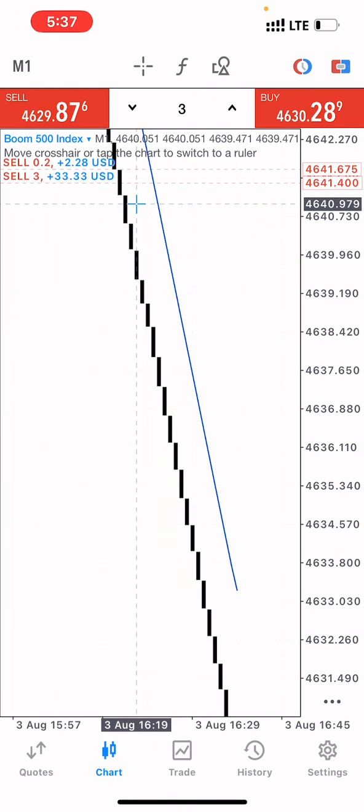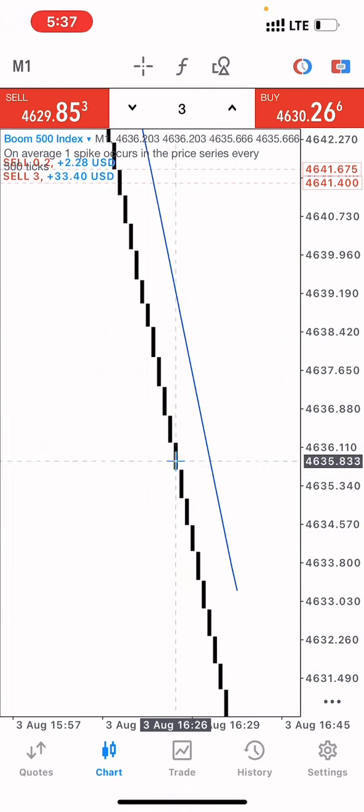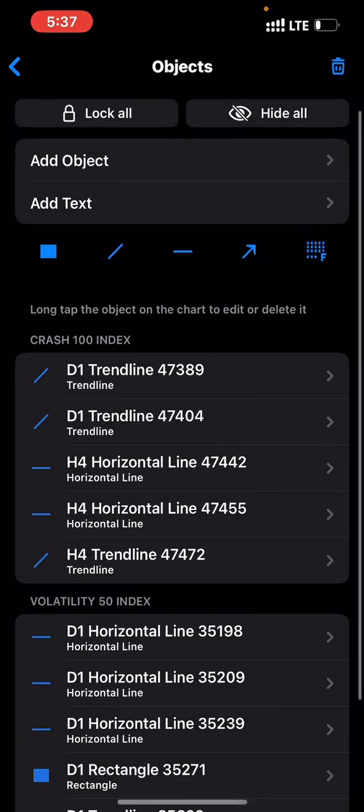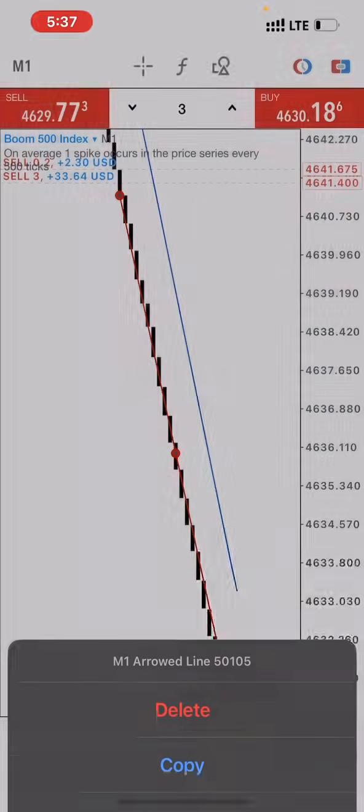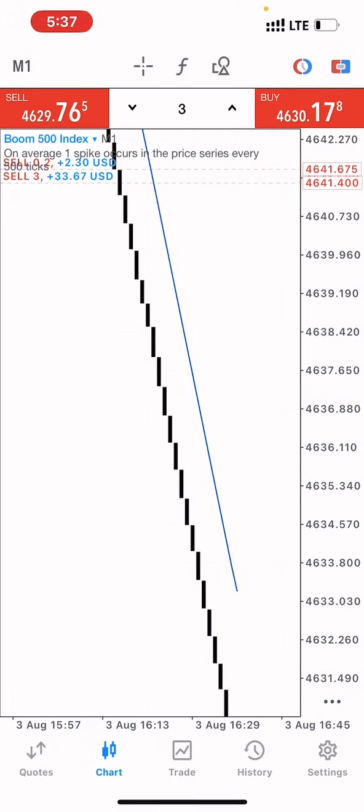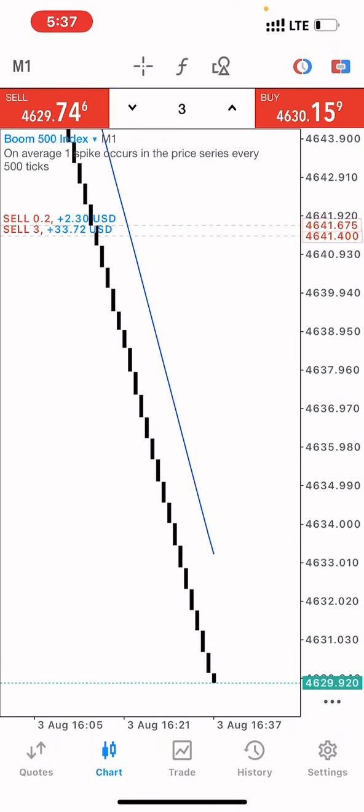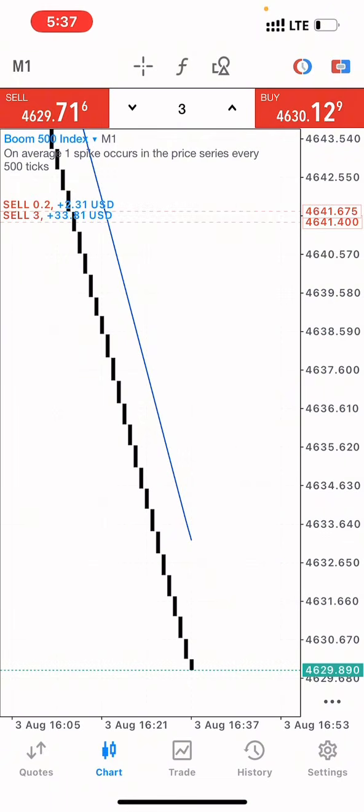Currently we have done a couple of candlesticks down, right? We've done a couple of candlesticks down, and we are still currently in profit. I'm expecting the price to spike at some point, but I don't think the spike will be harmful to us. So I'm just going to keep